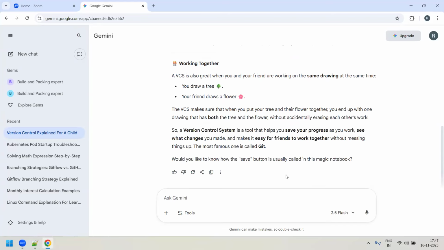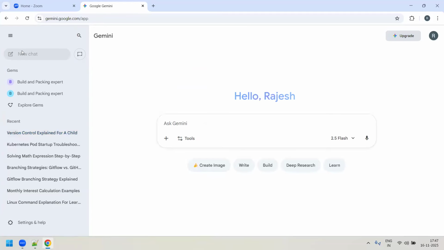Yes, Rajesh. Yeah, so that's how it works. Or else, suppose for example, you want to understand one more thing: explain the difference between shell and terminal.